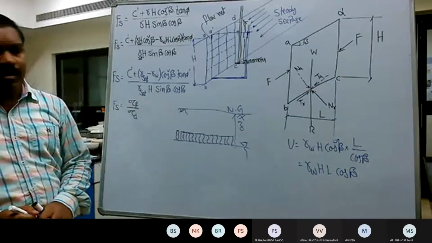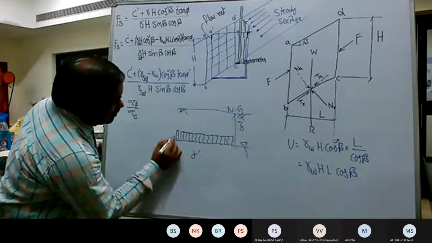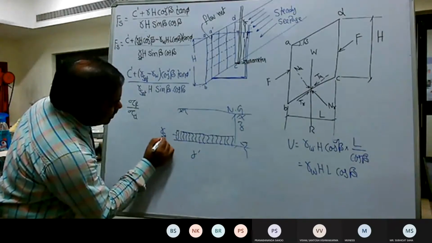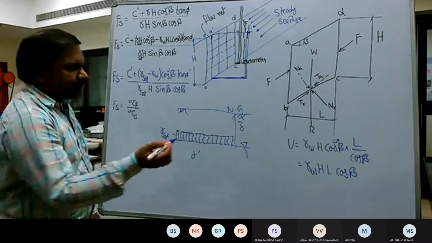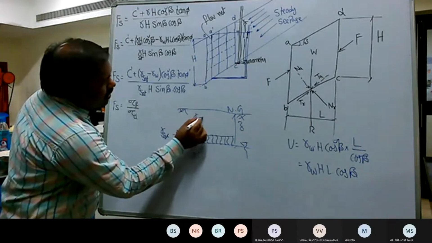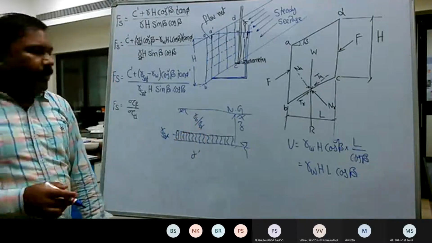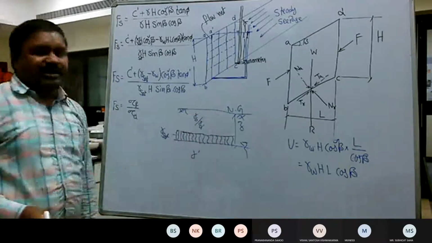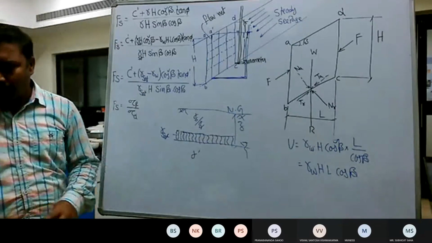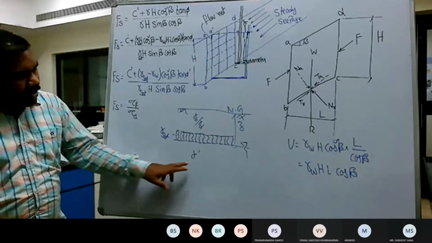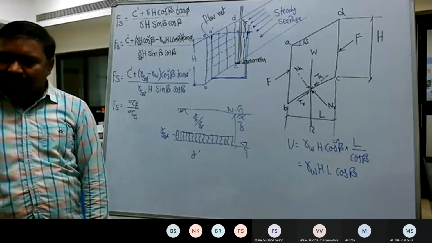Capillary gamma saturated and below the water table gamma submerged. This is gamma submerged. This is gamma sat. And this one? Bulk. Either you take bulk or dry, depending upon the measured water content or depending upon your assessment. Okay. Now, why you are not representing the soil below the water table as gamma sat?